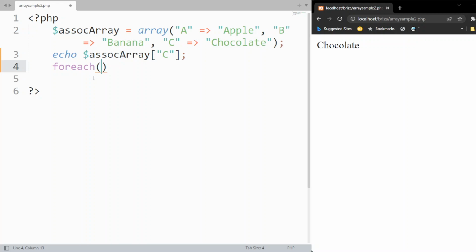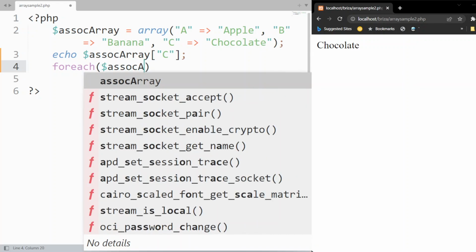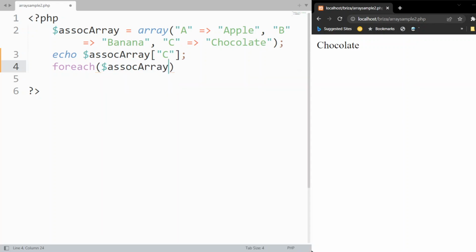And it has the following syntax. Here, we're going to specify our array. Okay, so we have here ASOC array, and then I'm going to have here the name, which is ASOC array as